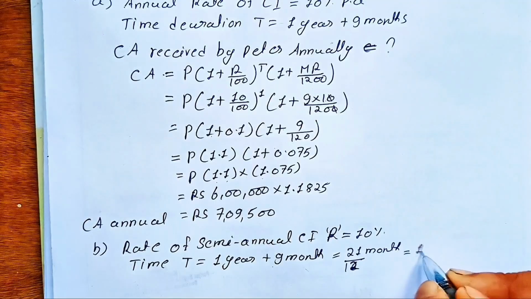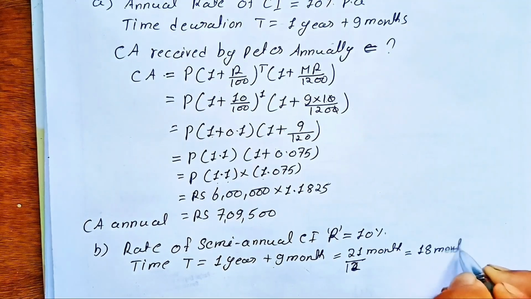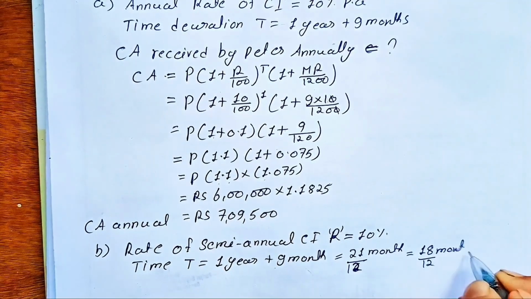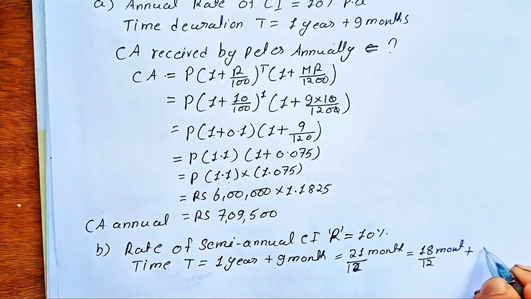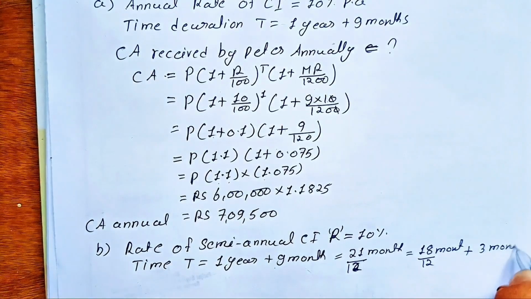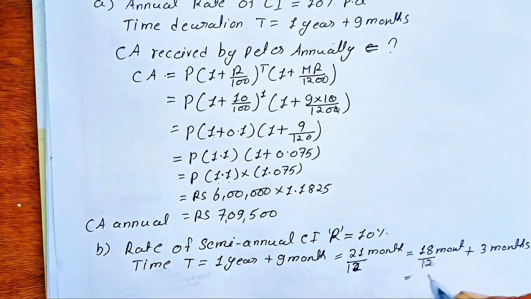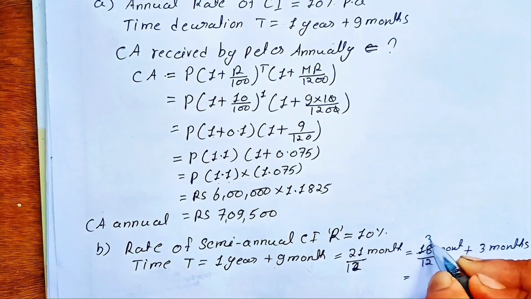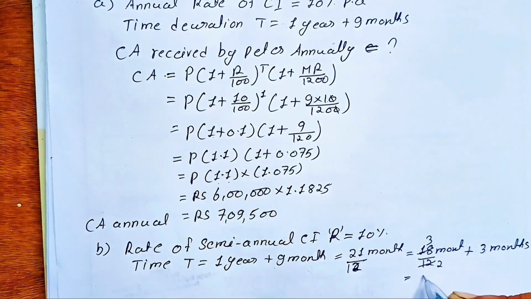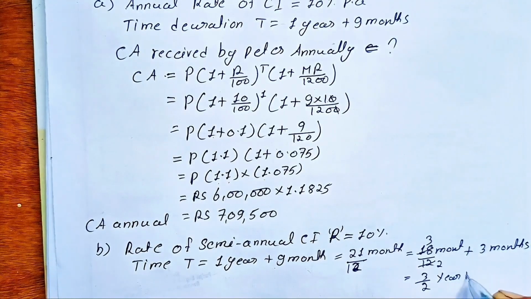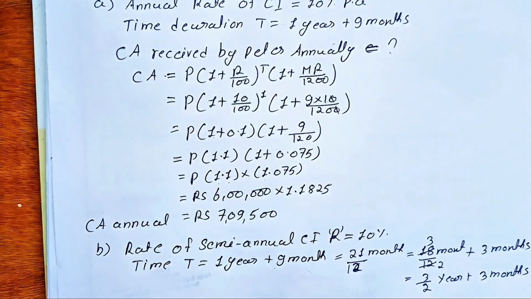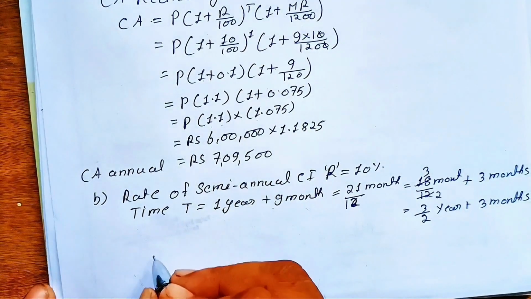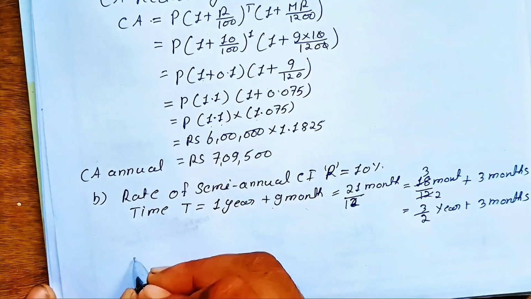So it is the 18 months and 12 plus 3 months. 6 threes are 18, 6 twos are 12, so it comes to be 3 by 2 years plus 3 months. Now we use the formula of semi-annual compound interest,